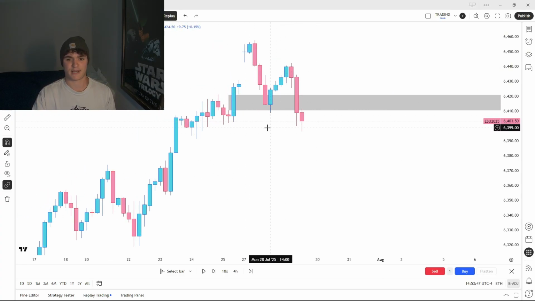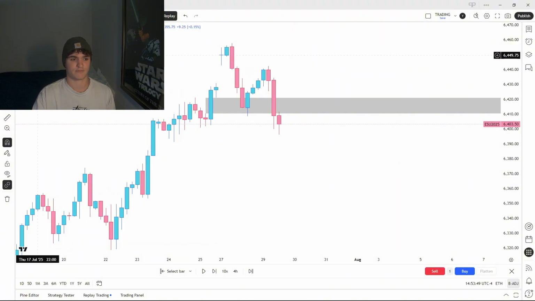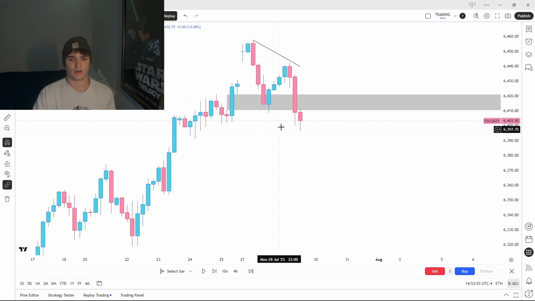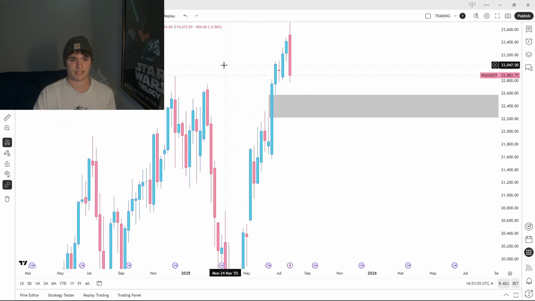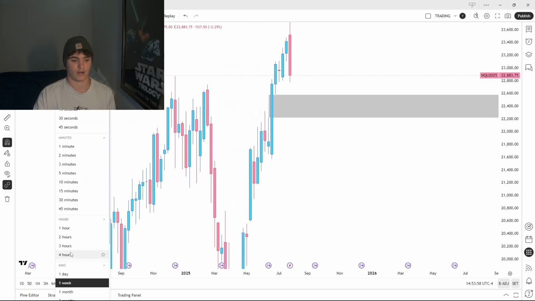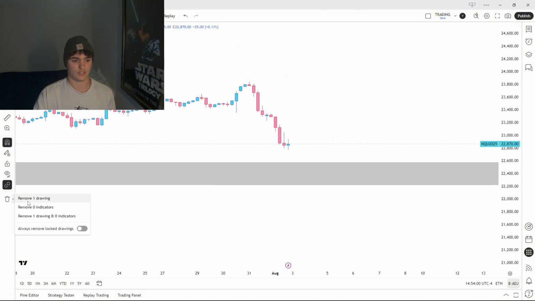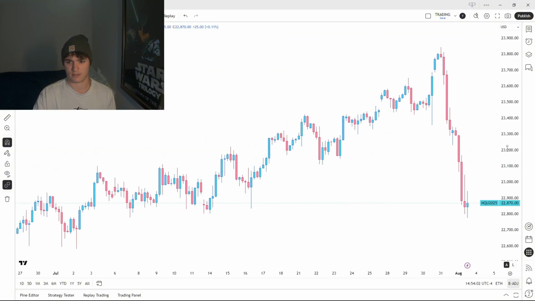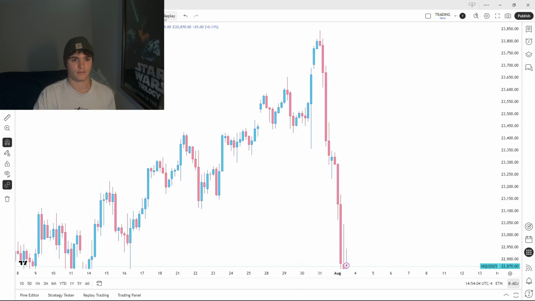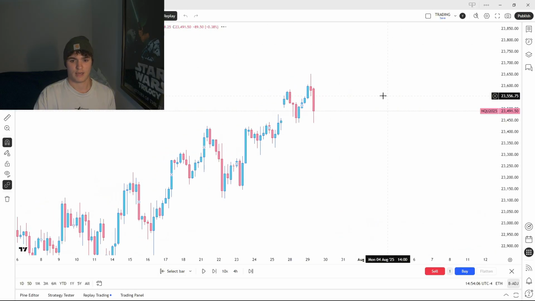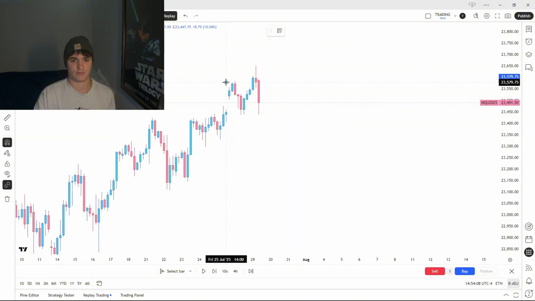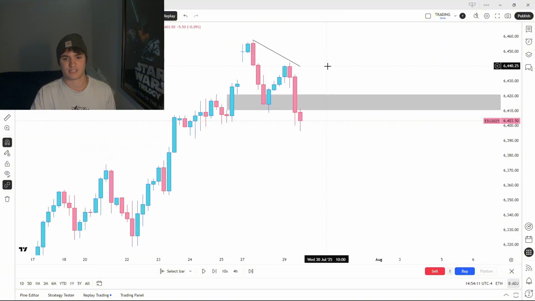So last Tuesday night, I said I was kind of bearish because of this 4-hour IFVG on ES, and then we also had SMT between ES and NQ at that point. If we look at the 4-hour chart, you'll see that. Let me just reset the view so you guys can see it clearly. Okay, so at this point, this is what the NQ chart looked like, and we had some obvious SMT between ES and NQ. So that was one of the reasons I was bearish.